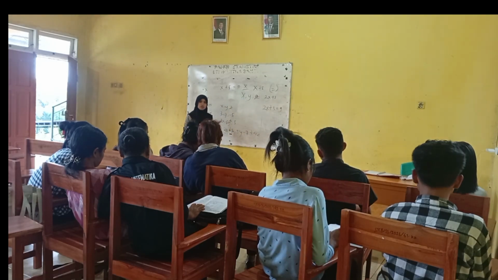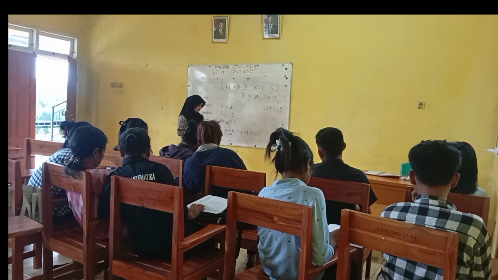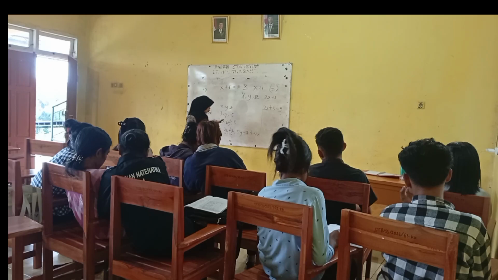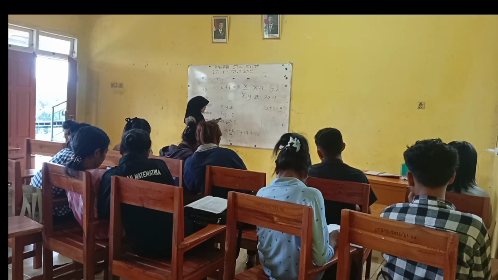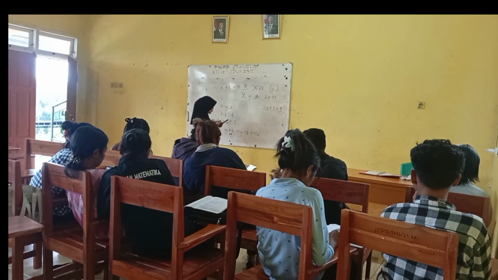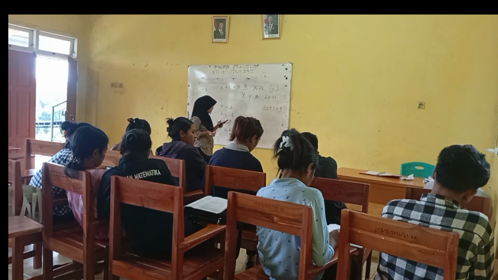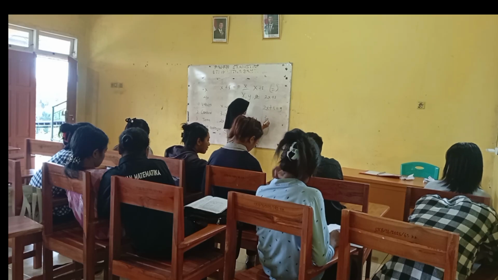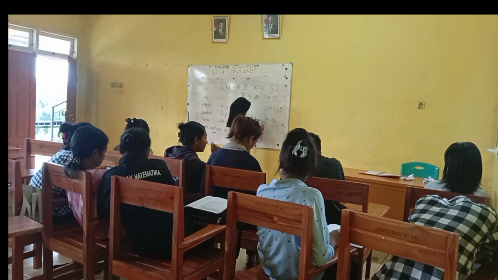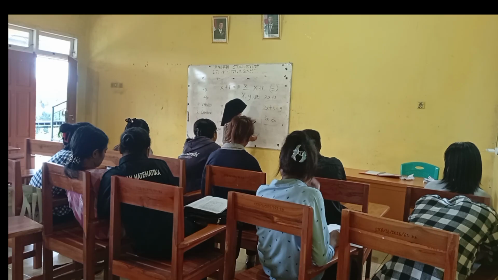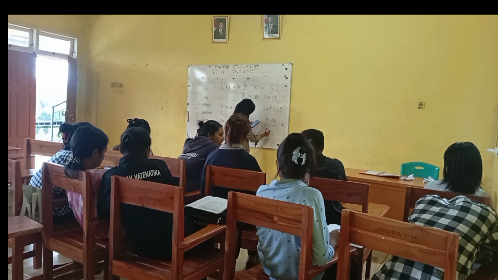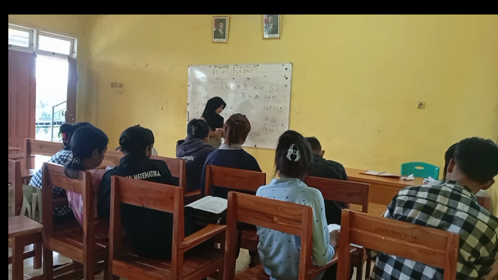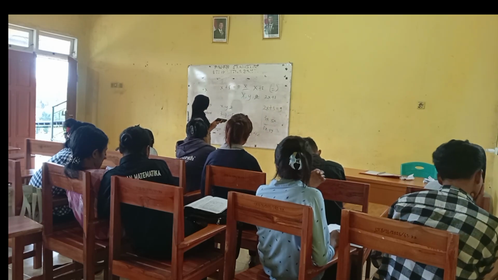Miss, how do we simplify an algebraic expression? To simplify an algebraic expression, we can combine like terms. Like terms are terms that have the same variable and the same exponent of the variable. For example, 3x and 5x are like terms, while 3x and 5y are not like terms. Example: